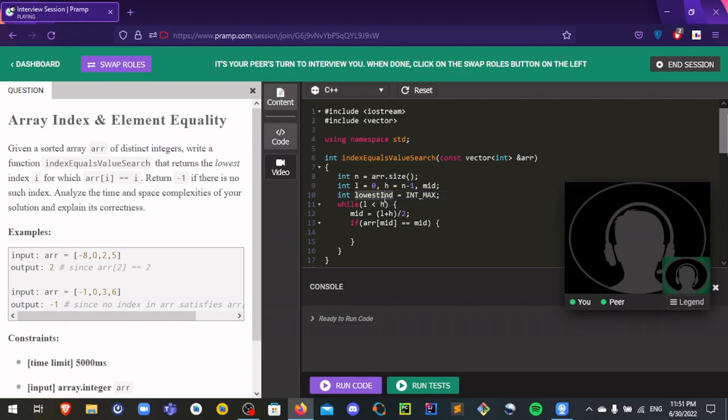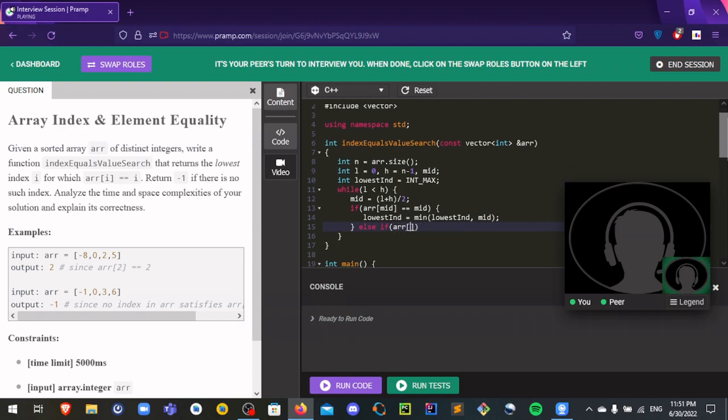In this case, lowest index will equal to mid, the minimum between lowest index and mid. In this case, okay, so what if the element r of mid x is bigger than its index,